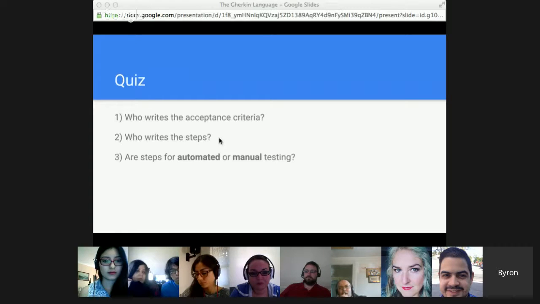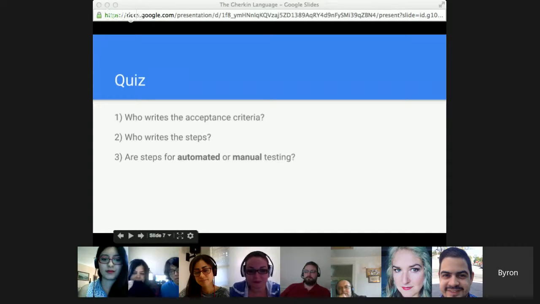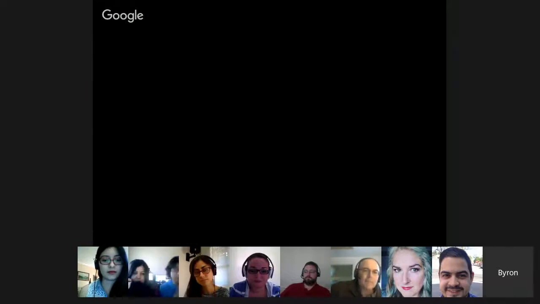So then the third one. Are steps always for automated or always for manual testing? I think the purpose is to eventually automate the tests. Yeah, this one's a trick question. It's a really horrible, evil trick question. I think it's both, because you need to test the UI also, and that's only manual. Yeah, I think you're absolutely right. And sorry for the trick question. I always hated those when teachers would throw those at me.